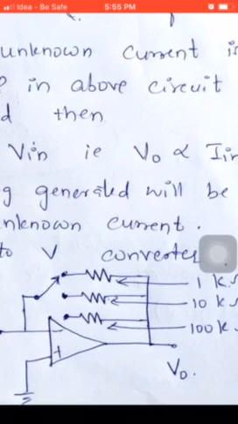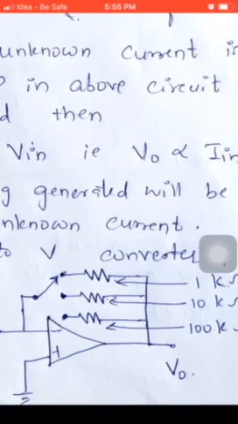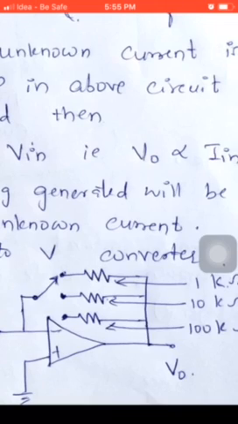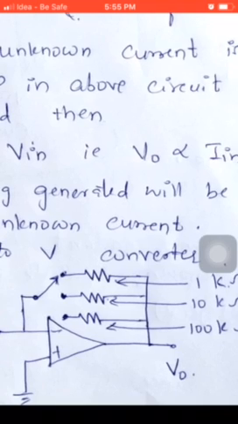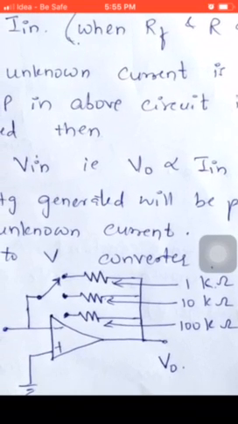So of course, if you select the 1 kilo ohm resistor, the current that can pass through this resistor will be more than the amount of current which can pass through the 10 kilo ohm resistor. And of course, the current which can pass through both of them will be more than the current that can pass through the 100 kilo ohm resistance. Because as you know, resistance opposes the flow of current.